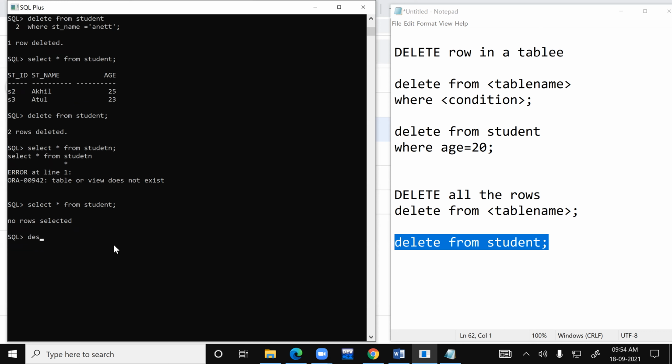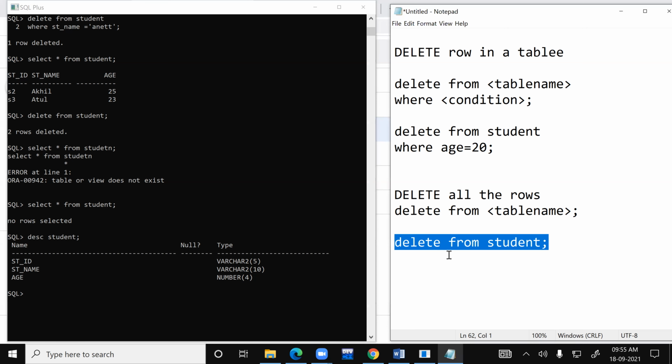But if you look into the description of the table, the description is very well over there. I don't have anything inside my table, but the table structure still remains. The structure isn't gone. Very simple. You do have a room which is empty, but you have the room. You have a room with a ceiling, floor, roof, cupboards and all that, but all the cupboards in your room are empty. So even though you delete away all the rows from a table, the structure of the table will still remain.